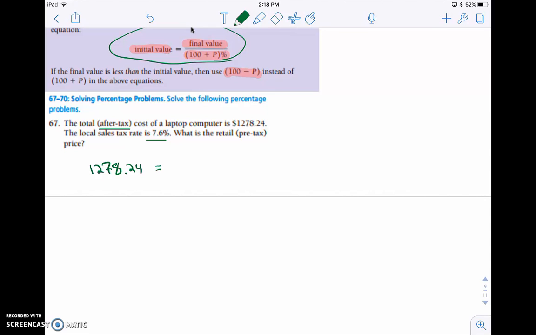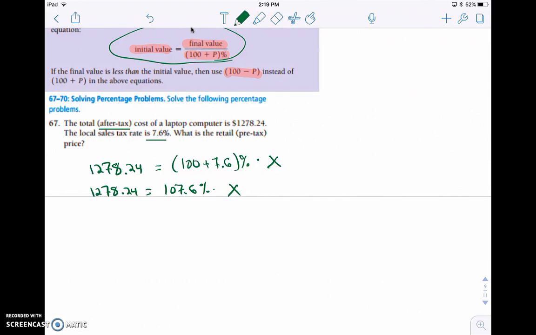Okay, and then that equals, so again, you always start with 100%, so we paid for 100% of this laptop, plus we added on 7.6% for taxes, and then we have to times it by an initial value, and I'll just call that initial value our favorite variable x. So now I'm going to say this is 1,278.24 equals